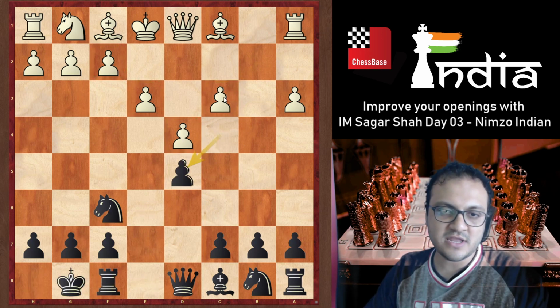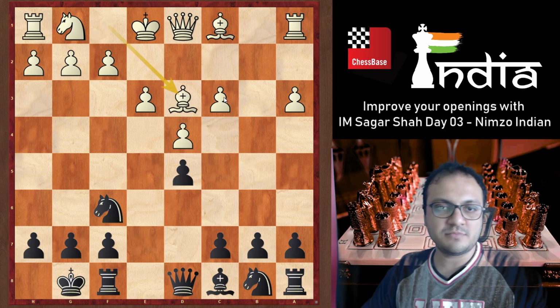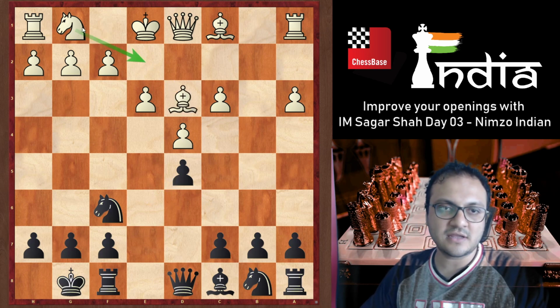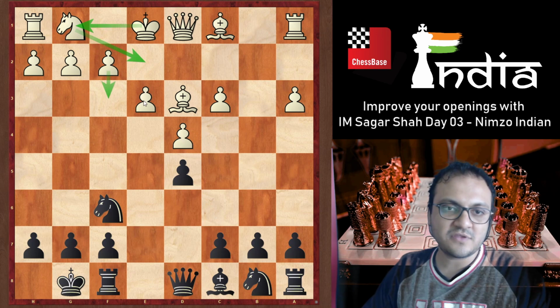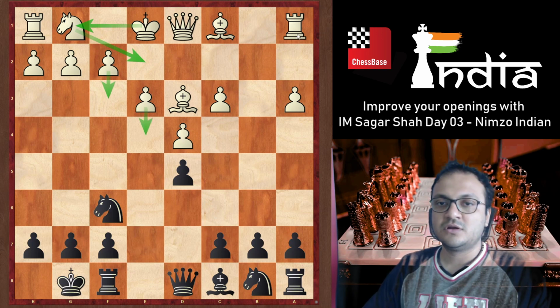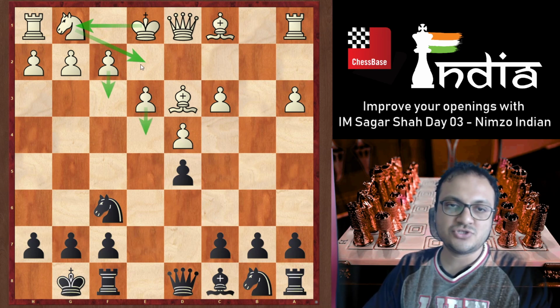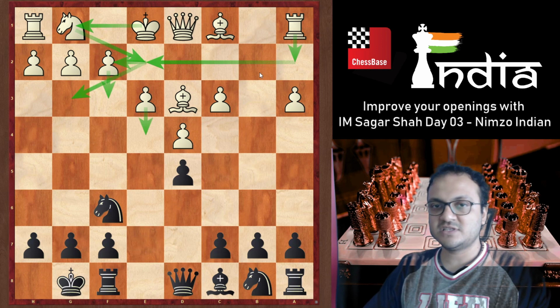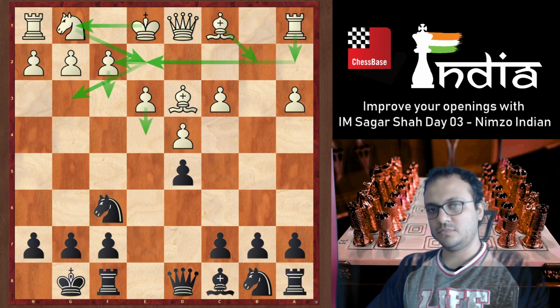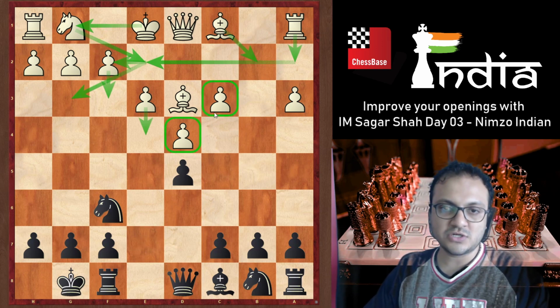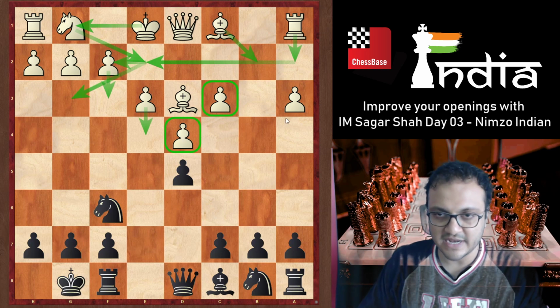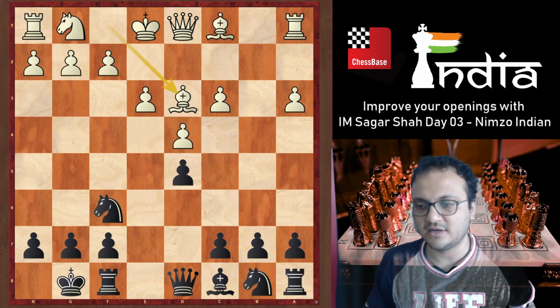So you take on d5, then you put your bishop here, put your knight here, castles, play f3, think of e4, try to get your knight to g3, get your rook from a2 to e2 or f2. Maybe the bishop will sit on b2 later to control these pawns in the center, and this gives white an advantage.